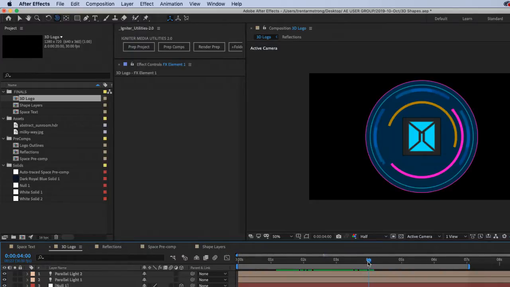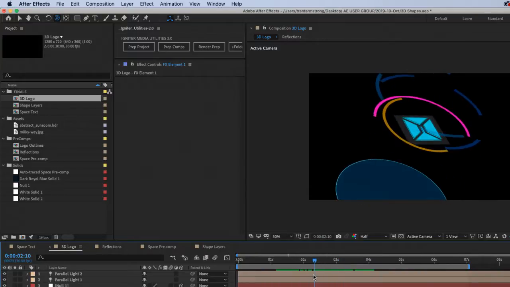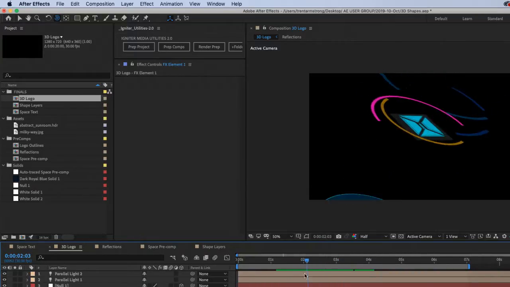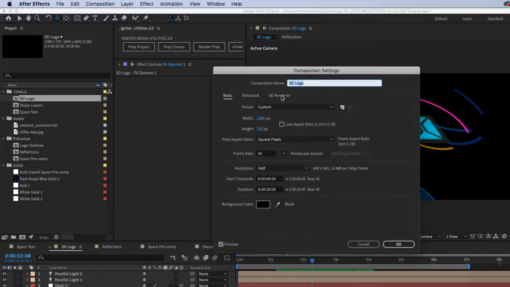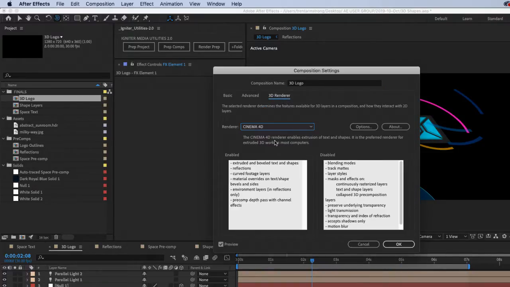All right, so now what you can do once you have animated these things easily, because you're just using shape layers and not causing yourself a whole lot of problems with your render times, is change your renderer to Cinema 4D.